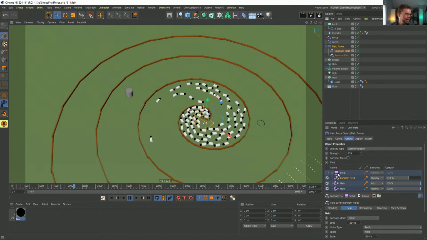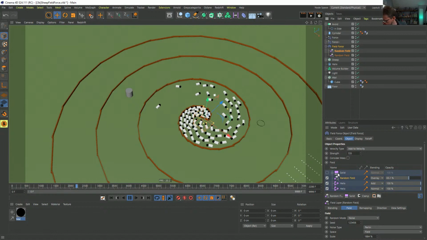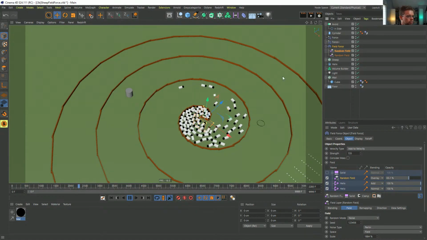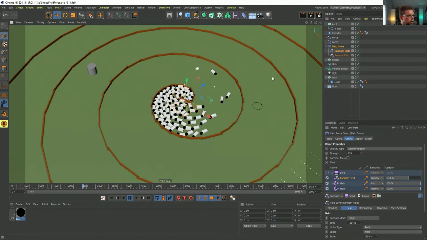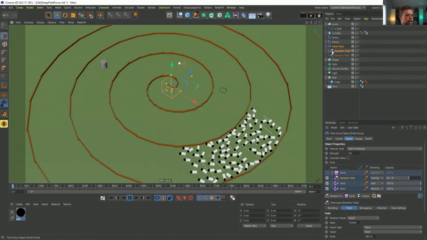Uh-oh. Yep, sheep traffic jam. Once they all start pushing in, even the negative force isn't enough at the current settings to stop them. So yeah, I'd say they've been penned pretty well. Any escapees? No. We got a straggler, but that's fine. All right. Abusing sheep. Let's go back again.